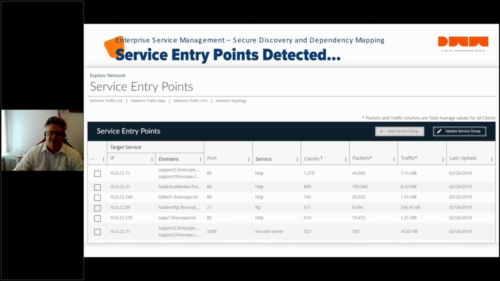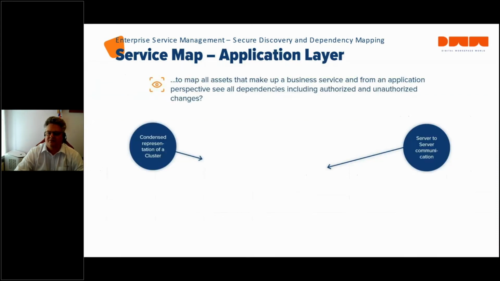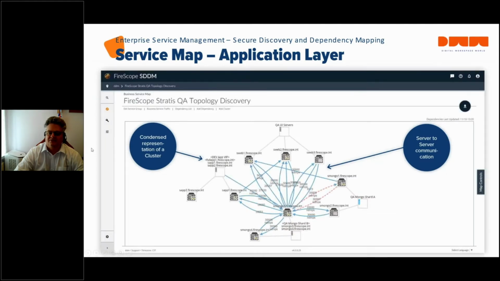So we'd come down here and we'd find the thing that you're looking to map. We tick the box on the left-hand side and we hit the grey button to give it a service name, and we let the system go and build the map. And what it actually builds is literally that. It is a map. It is a map showing all of the server-to-server communications, and as shown here, we also